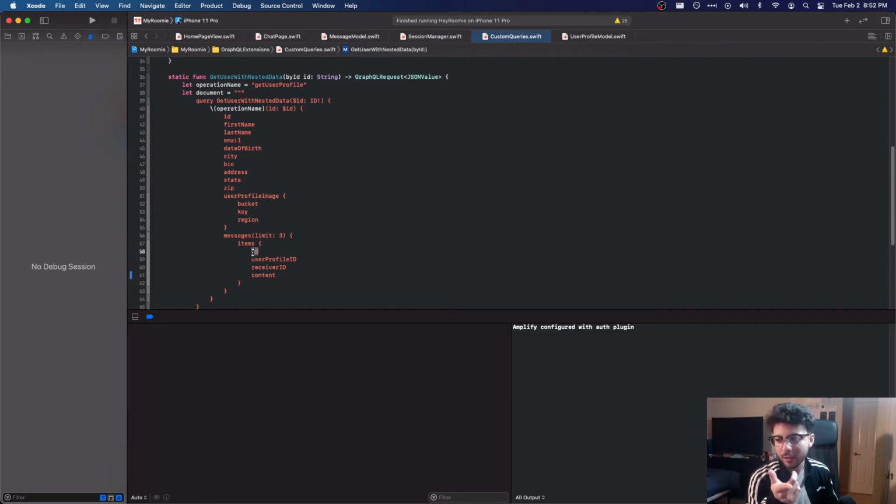The receiver, I needed it though, so that I can map it to the sender or user. Oh, I always get those two confused, the user profile versus receiver, because you should be the receiver. So I could remove receiver, but the user profile would be the sender ID. So then I needed the sender ID so that I can find the image of the sender in order to show it onto the home screen. And then that's how I have that little